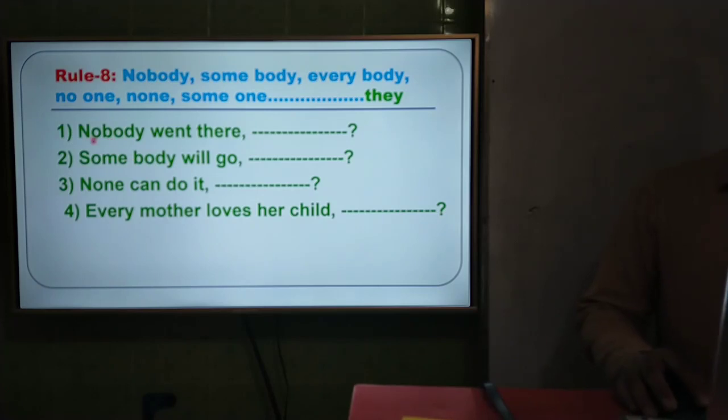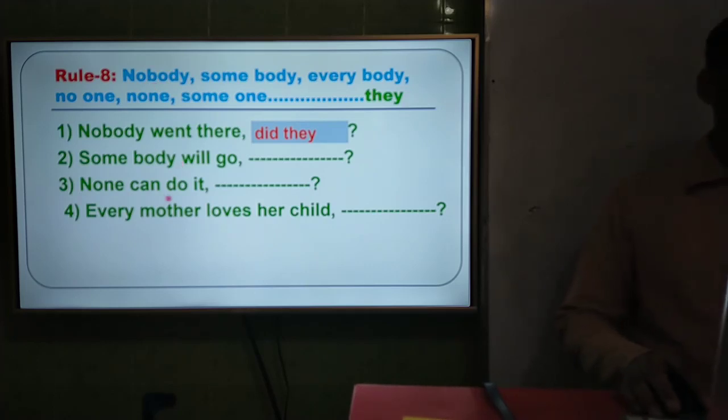Look at the first question, nobody went there. This is in past indefinite, and there is no operator here, and we have already discussed about this. And if we get past indefinite, we shall use did, and as this is a negative sentence, the tag question will be affirmative, because here nobody is in negative form. So tag question will be affirmative, and operator will come from past indefinite, and operator is did. So answer will be did they, and they has come instead of nobody, and this is the rule. Instead of nobody, we have to use they.